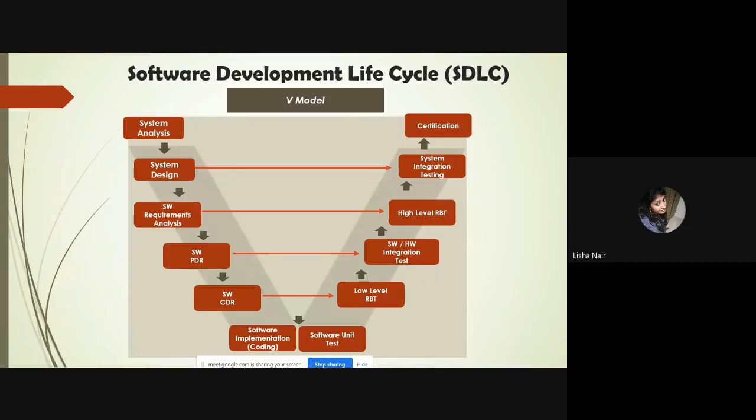You get it qualified from a certified professional who says, okay, your design meets our expectations, it's as per the system specifications, so you can go ahead. When you get a go ahead on the PDR, we then go to the CDR. CDR is nothing but critical design review. All these phases we go through, and then after the design is finalized,